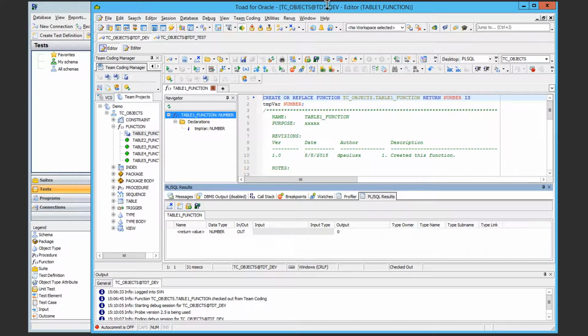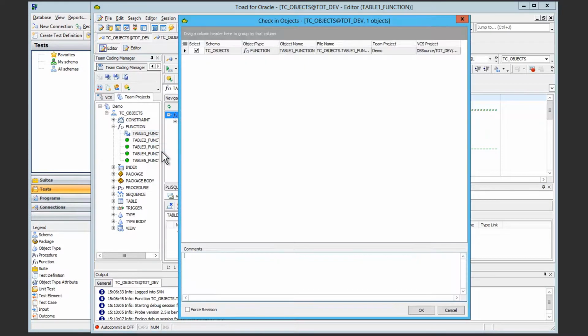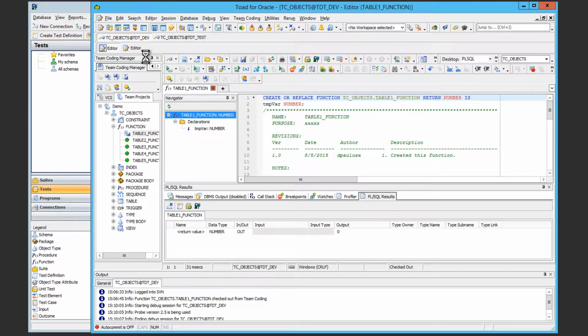And if you can see here, I'm doing all of this in my development environment. So we're trying to simulate the idea of a developer doing his work in his development environment. But eventually we want to migrate all of this information into test. So I'm going to check in this unit, check it in. And while I'm at it,